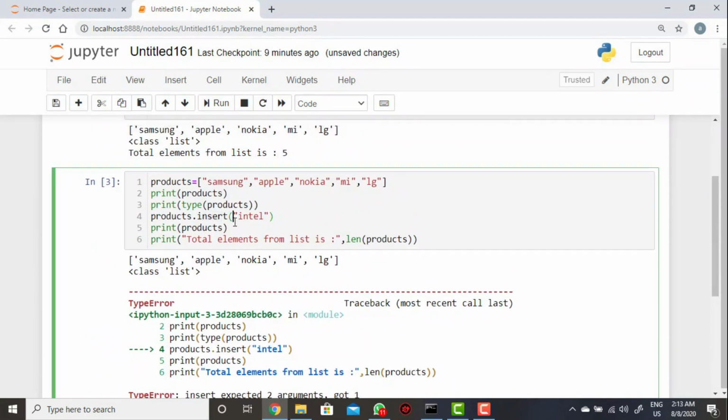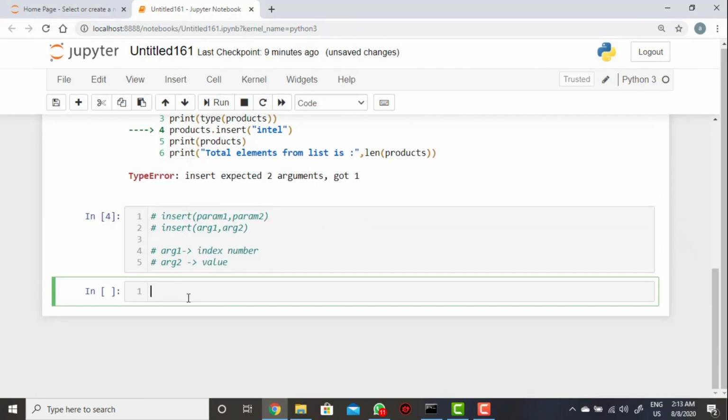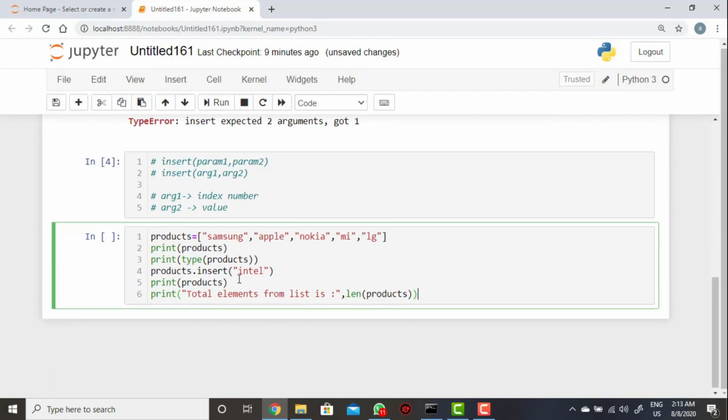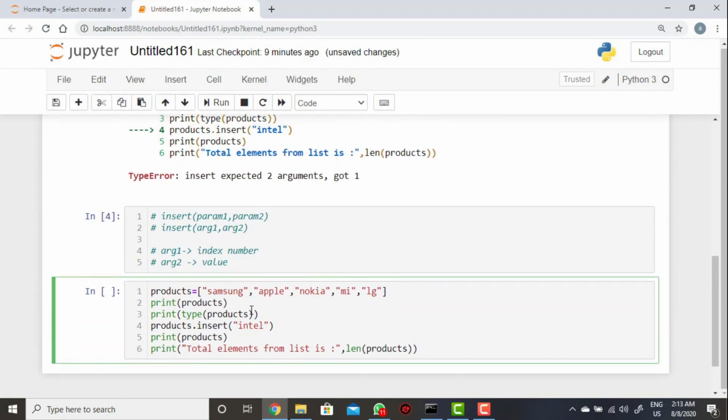Now I have mentioned only the value here, not the index number. We need to pass the index number along with the value. Here I am taking index number 3, then the value will be Intel. Now try to execute.